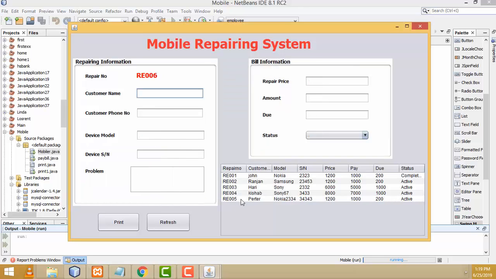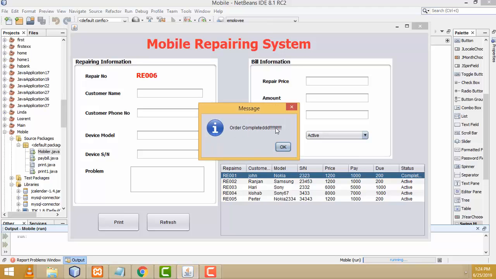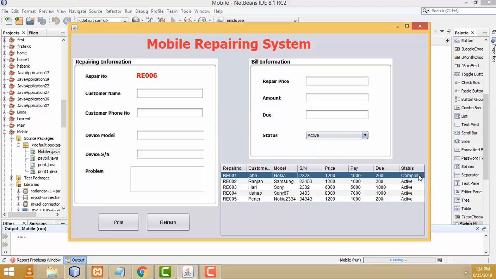Right, your new details will be added to the JTable successfully here. This is our newly created record. Status will be activated. Now notice that this one should be completed after the mobile has been repaired. Here if you click on this one, order completed, right? Here you can't pay the bill, because the order will be completed, your status will be completed,